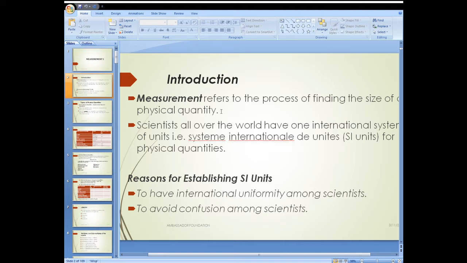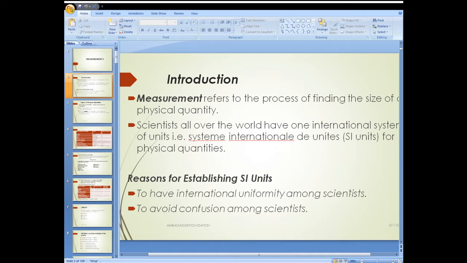The units I'm talking about are what scientists all over the world call the international system, but because it's done in French, it is known as Système International d'Unités. So it is shortened to SI units. So after every physical quantity, it has its own SI unit. That is a fact. Because if you just measure using your own units, then scientists do not agree. So they have to come up with common units